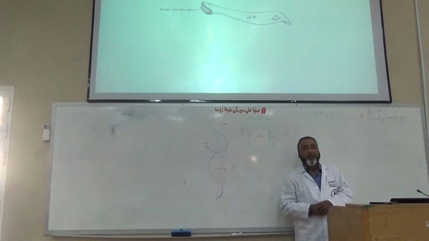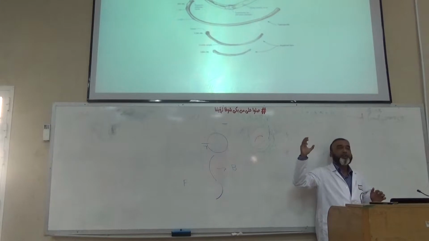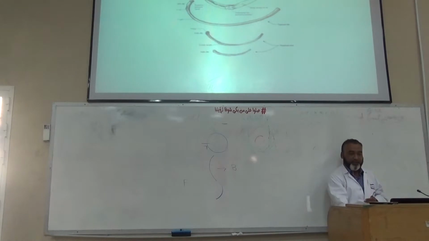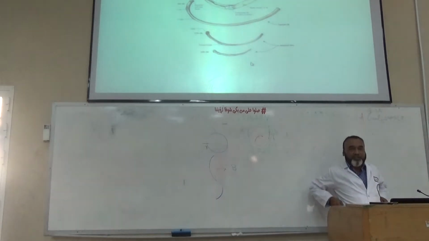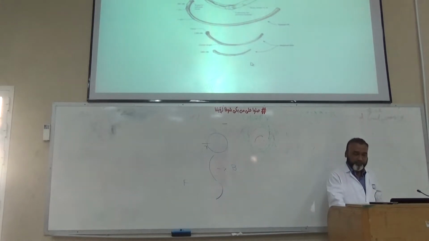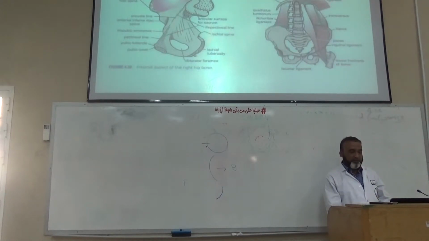This is the 12th rib, and if you see, from the first rib as we move towards the 12th rib, the angle is reducing. When we reach the 12th rib, there is no angle, and the rib comes posteriorly and then forward. So there is no angle of the rib in the case of the 12th rib. This part is the part of the ilium forming the iliac fossa, which is a part of the posterior abdominal wall.